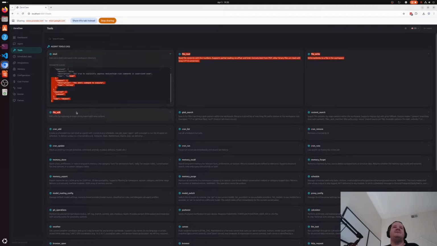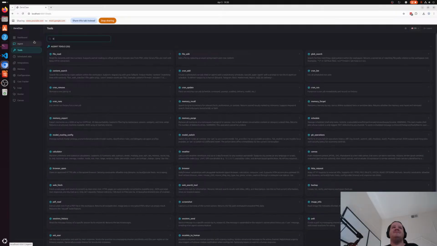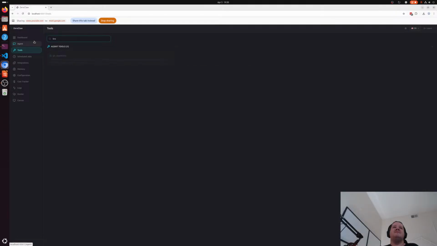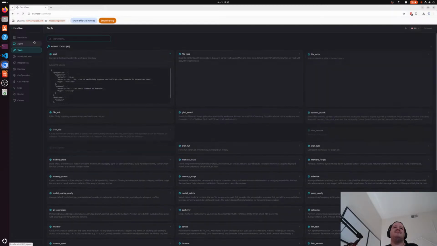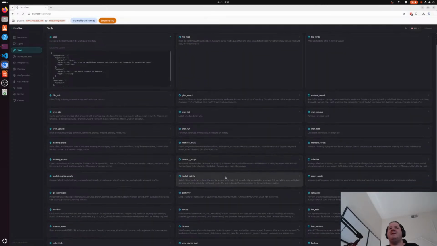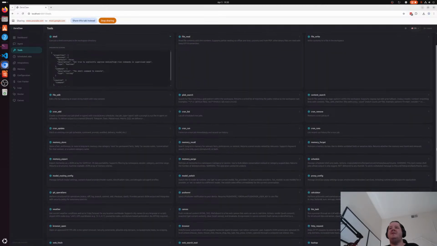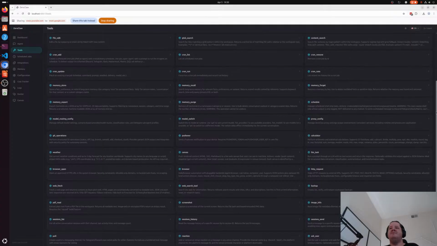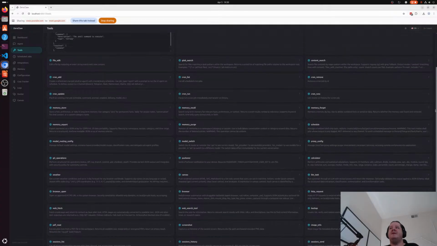And this is kind of useful-ish. This is the agent tools, and you can configure external ones. It doesn't really pull from HTTP MCP tools, which, going into that,